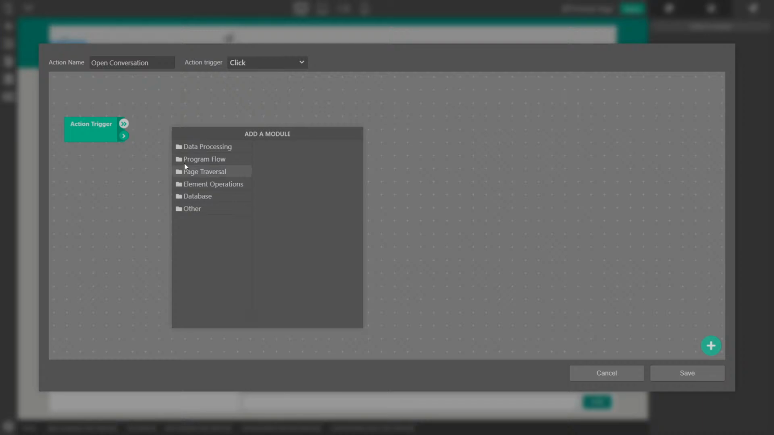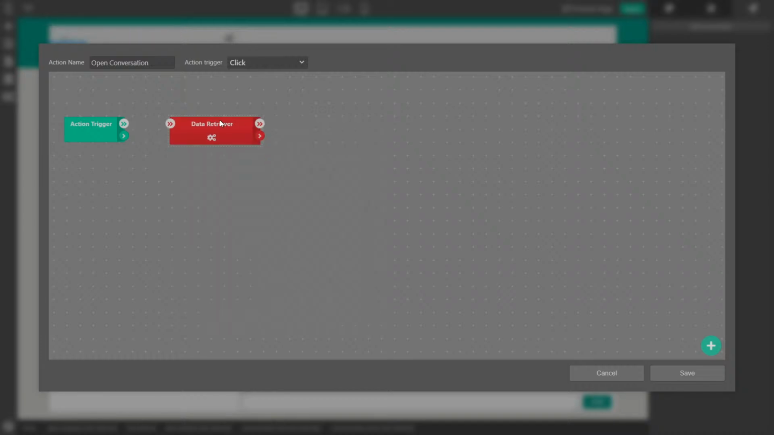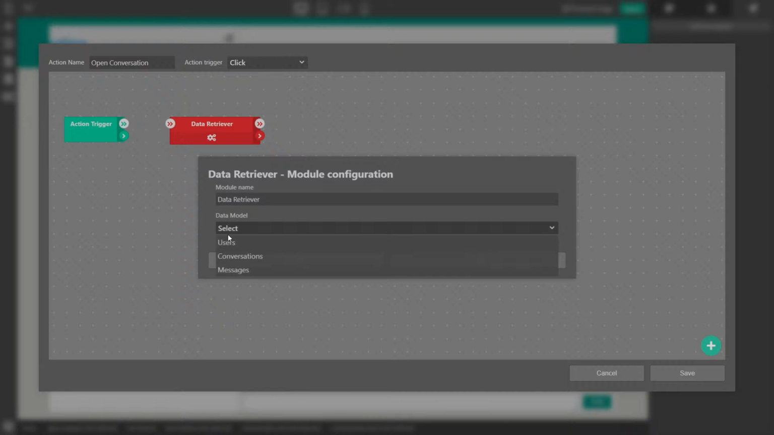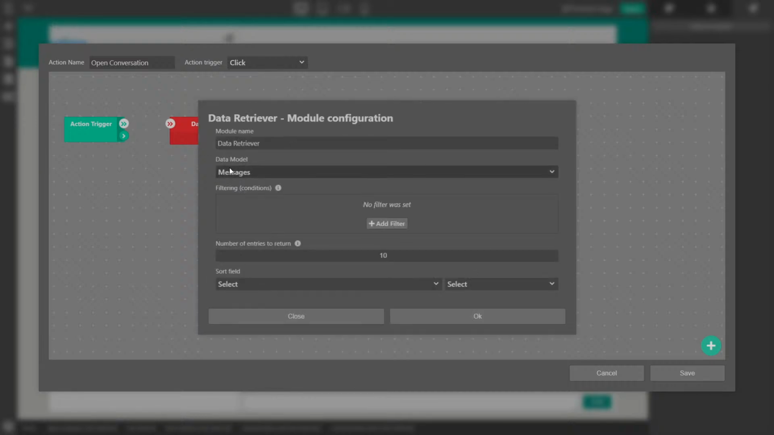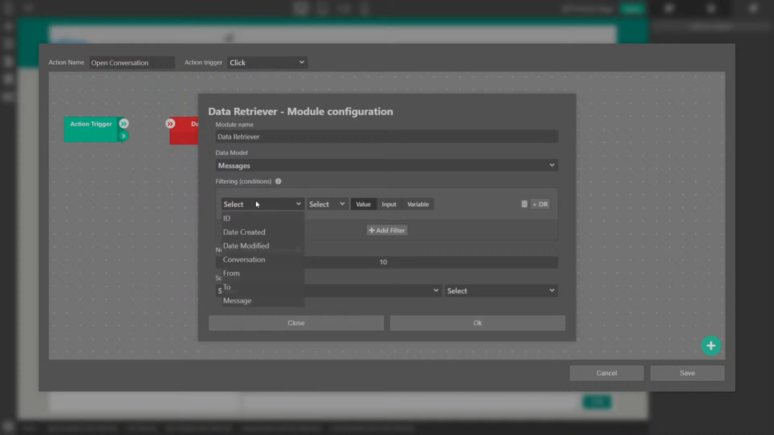And we need to set a trigger. We need to retrieve the conversation, so we're going to use data retriever, and we're going to use from the messages data model, we're going to retrieve the ones that have a specific conversation ID, so is, and the value is going to be an input,